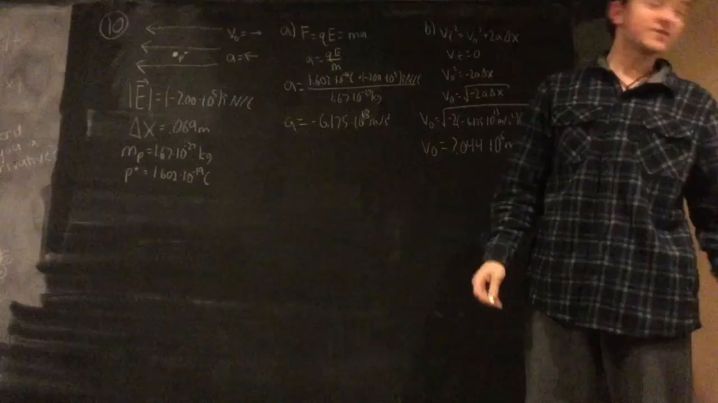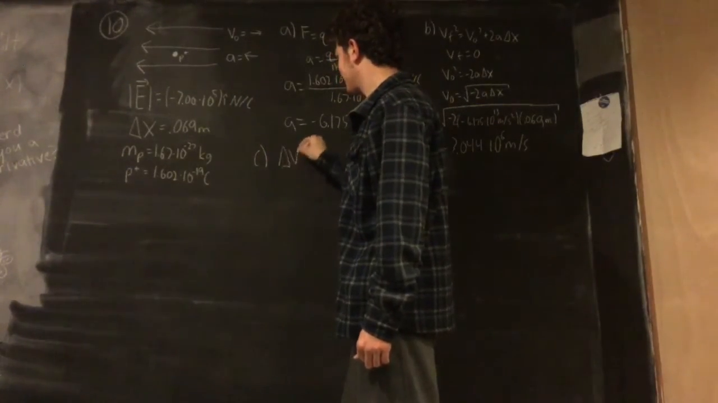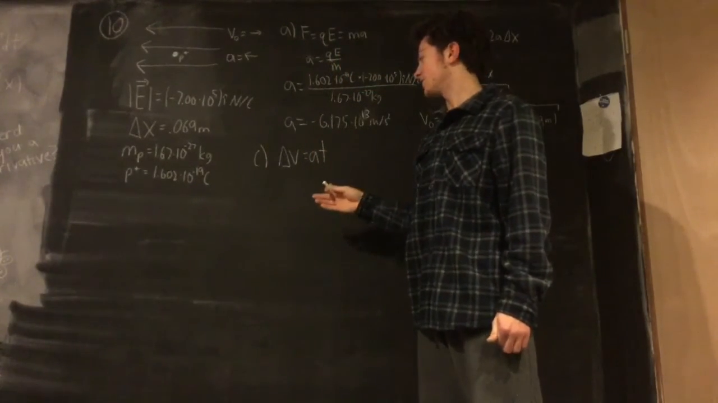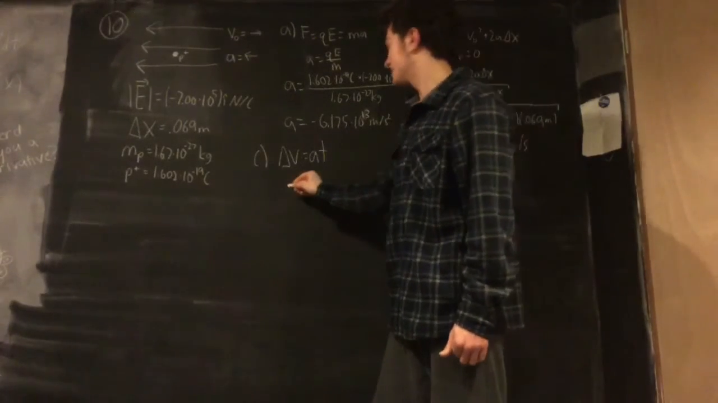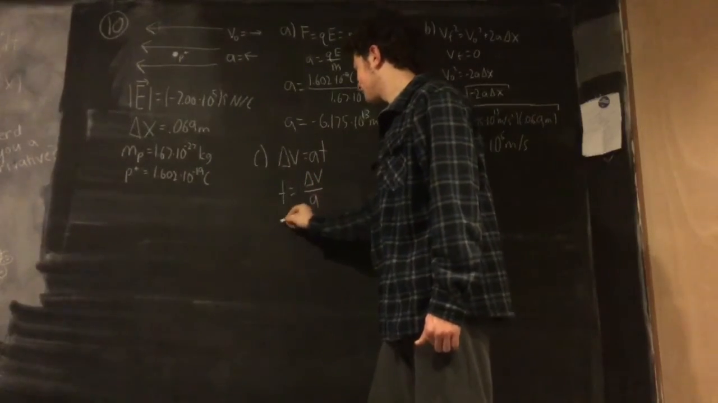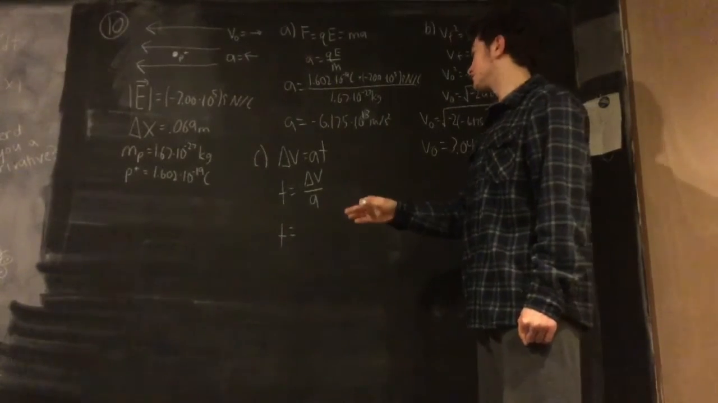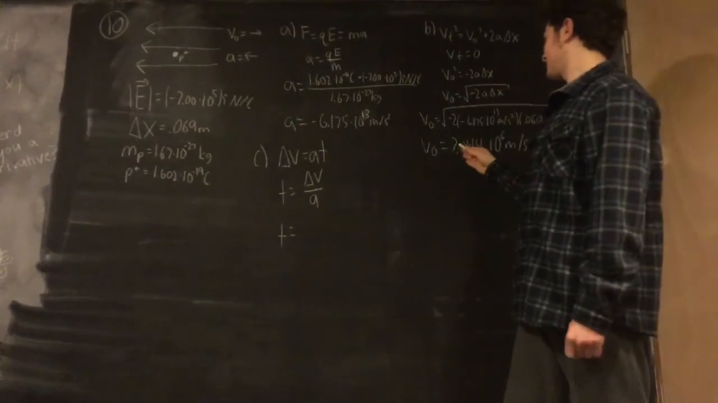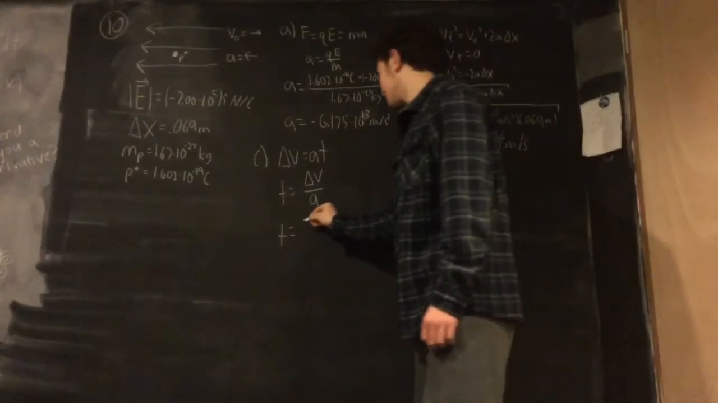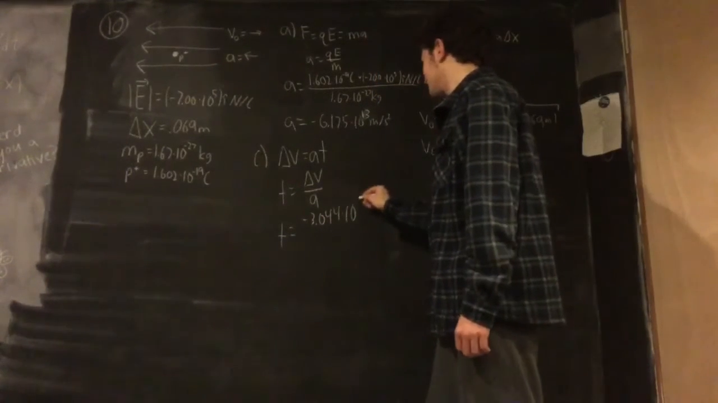Now for the last part, it asks us to calculate the time it takes for the proton to stop. So we're just going to start off with another one of our equations. Delta v is equal to a t. Divide both sides by the acceleration. Here the delta v is going to be the final velocity minus the initial velocity, which is 0 minus 3.044 times 10 to the 6 meters per second, resulting in negative 3.044 times 10 to the 6 meters per second,